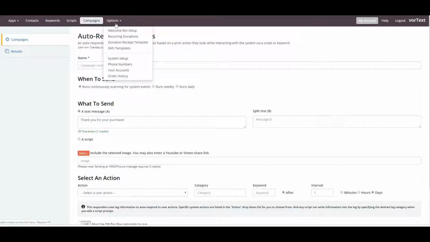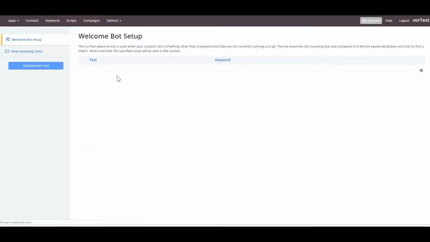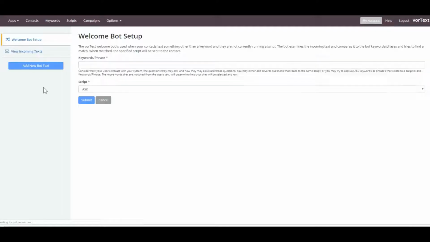So next we have our options menu. So here we've got our welcome bot. So what's happening here is if a user texts something other than an actual keyword to your system, you can still run them through a script, and that's what this welcome bot is trying to do here. So maybe you're selling iPhones, and someone could text, for example, I want to buy a new iPhone, right? So if I go into add a new bot, you could put iPhone